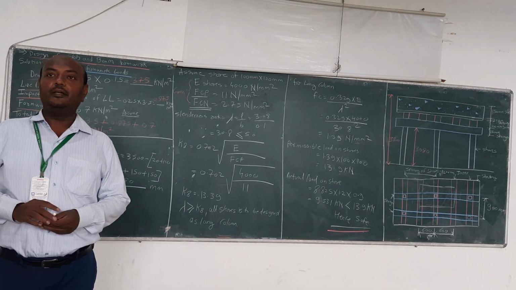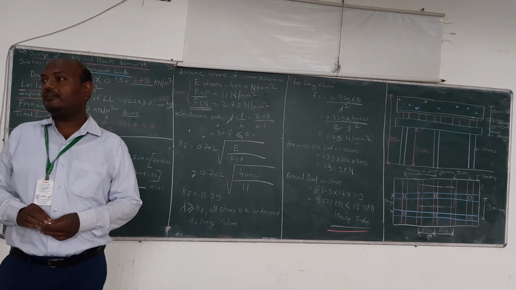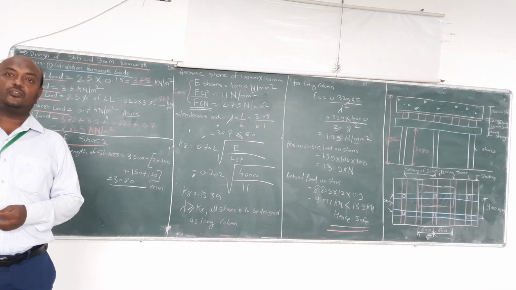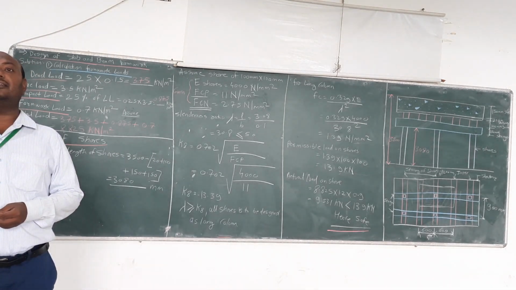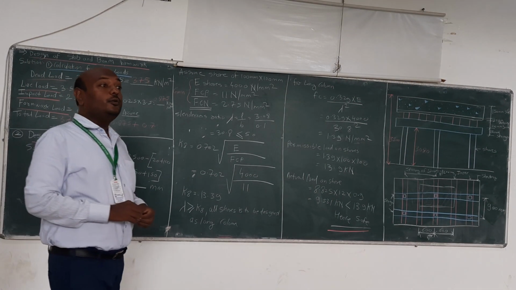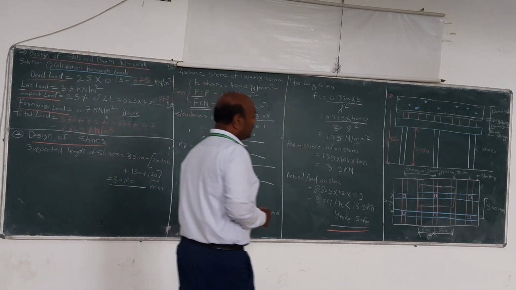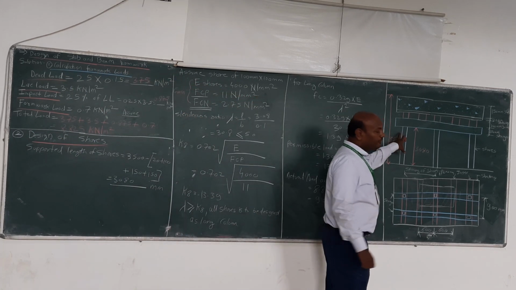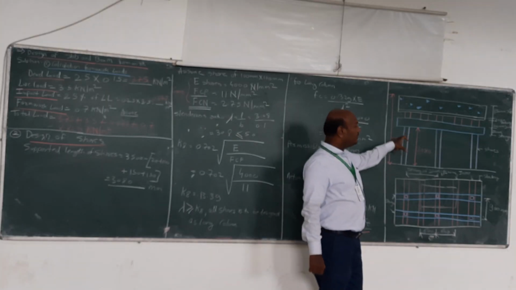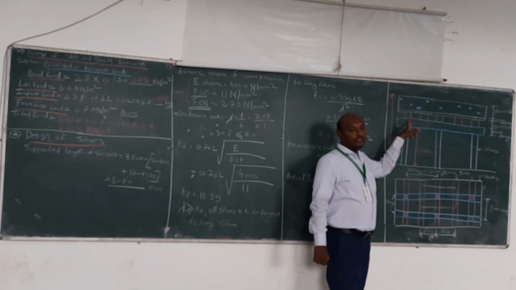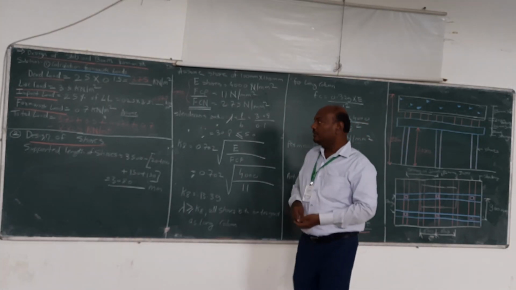can be borne easily. Because the failure of any shuttering which takes place during the construction or during the concreting is generally due to the failure of the shore. Because this shore plays a very important role to bear the load which is coming over it. Okay. So now we will design the shore.